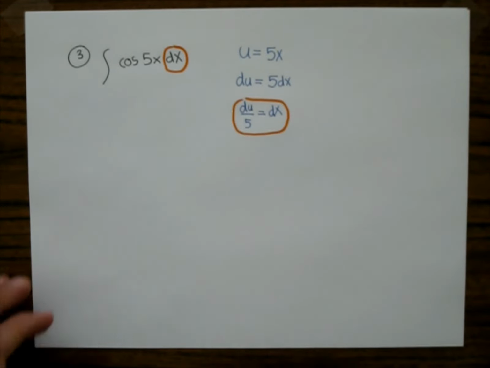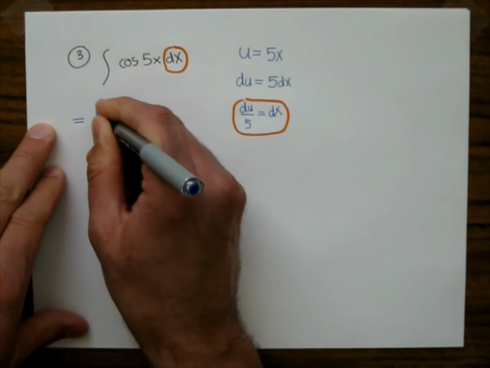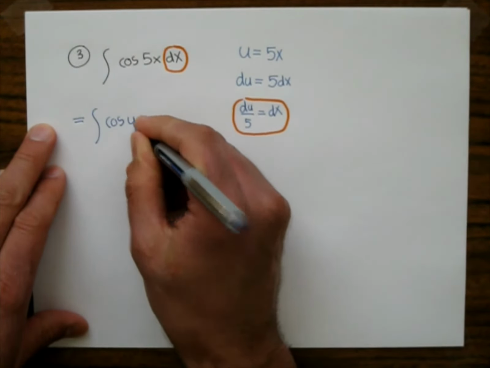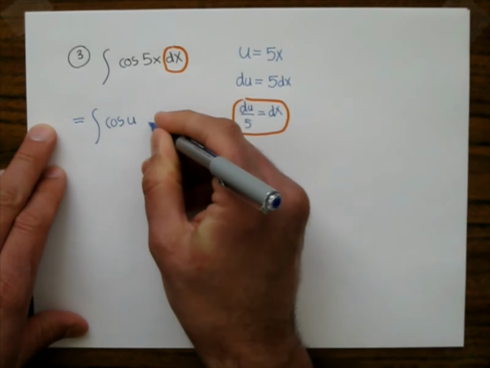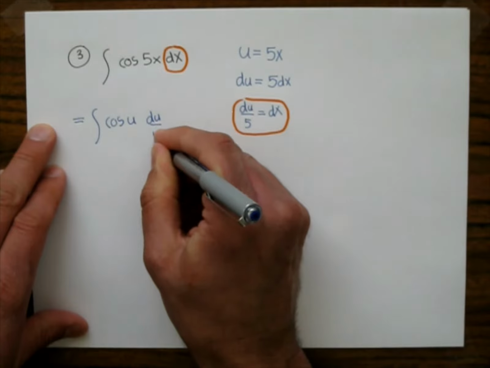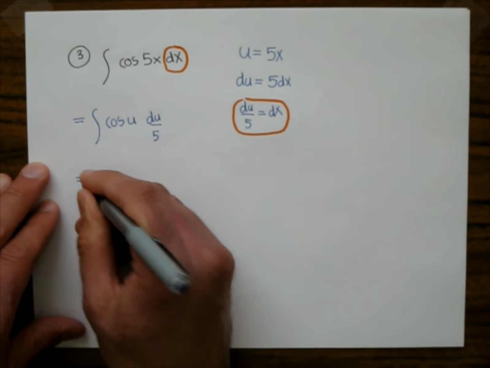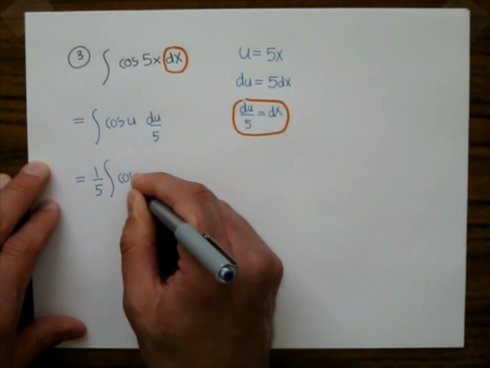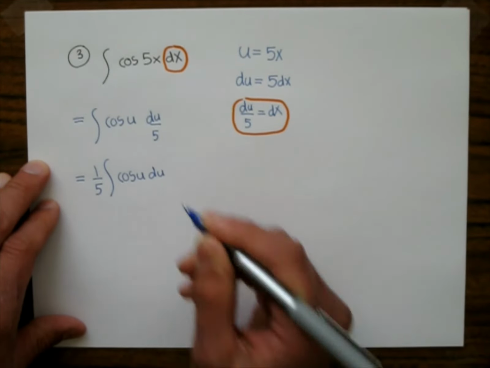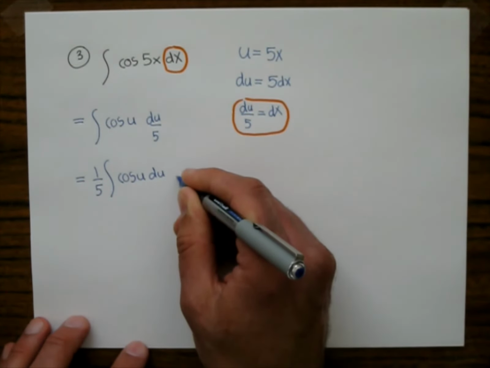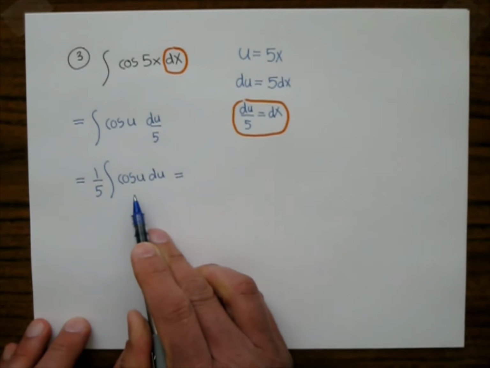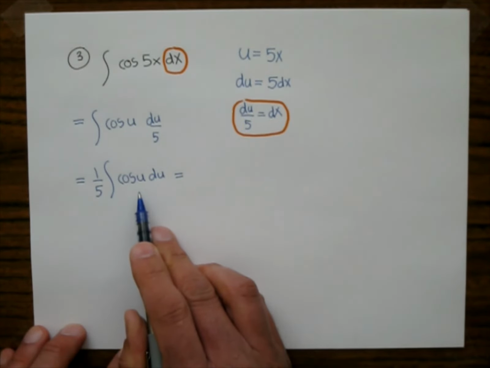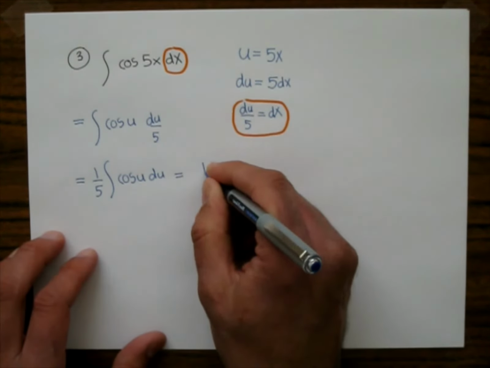So let's rewrite this problem. It is the integral of the cosine, 5x is u, cosine u, du over 5. Now, what I'm going to do with that 1/5 is pull it out in front of the integral sign. I can do that. And then this is the cosine of u du. So all we have to do is know how to integrate the cosine of u. The integral of cosine of u is going to be sine of u. So this is going to be 1/5